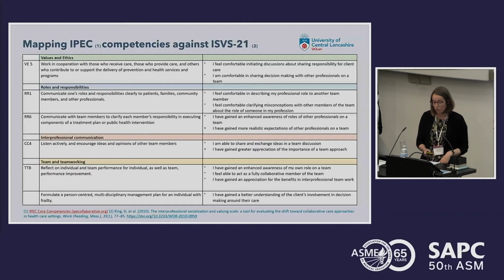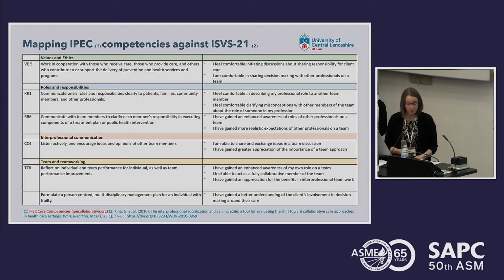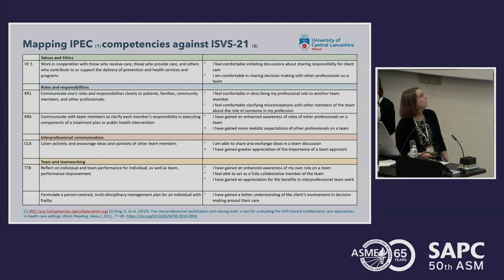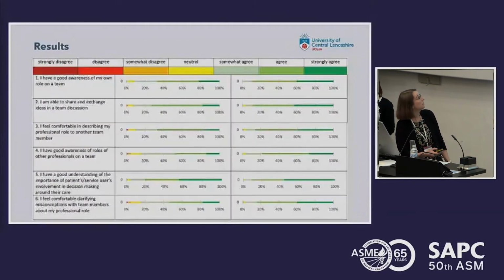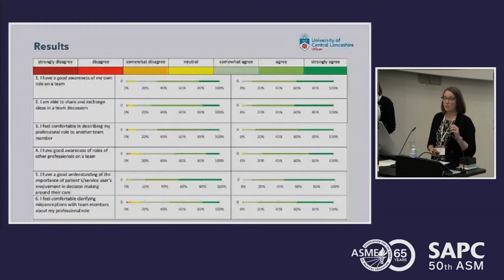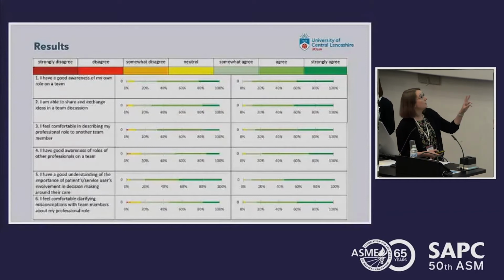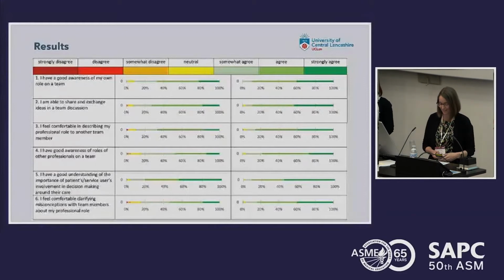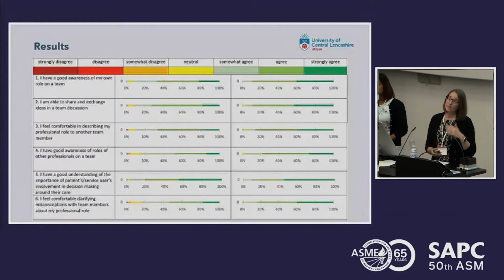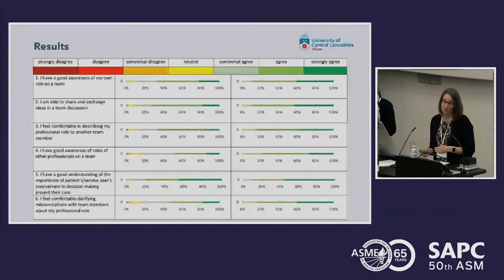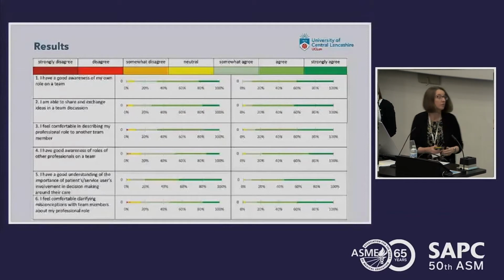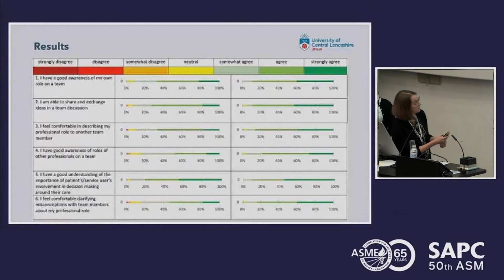We then looked at significance using an independent t-test. You can see our pre-event results in the middle here, and our post-event results on the right. I realise there's a lot of data here, but green is good. All of these show significant improvement in the post-event, apart from number 5 here,